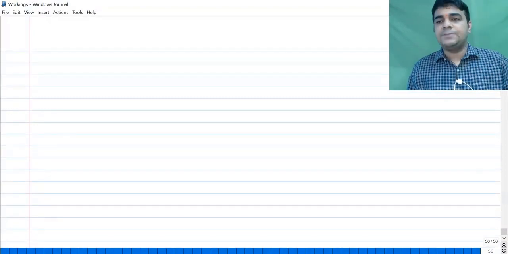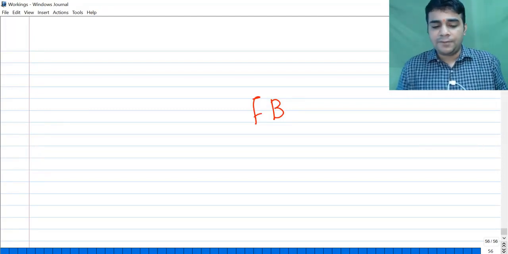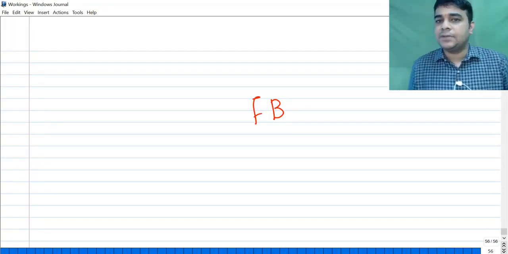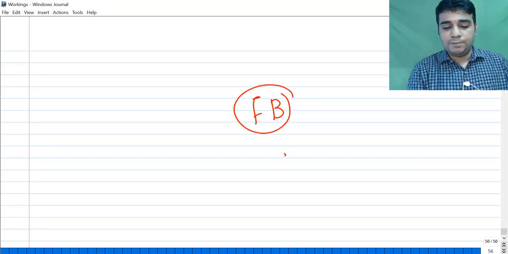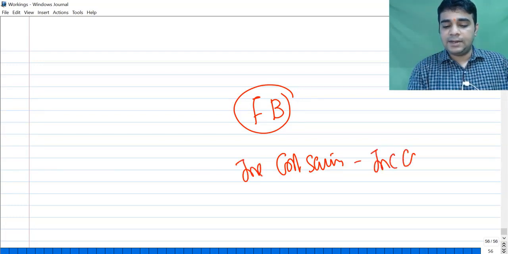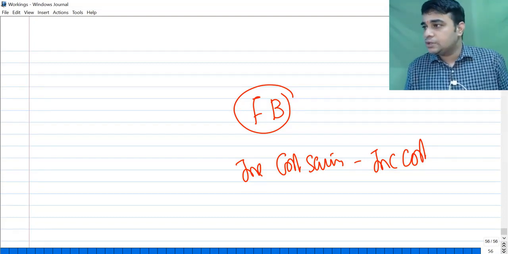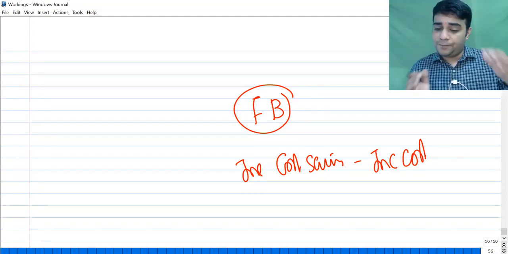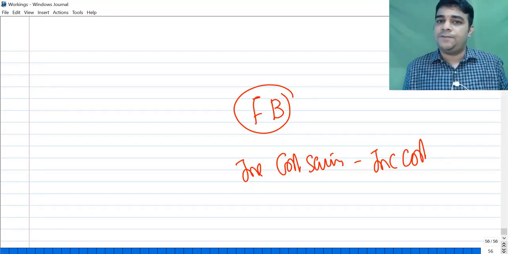You will have different types of decisions being undertaken. In that decision, finally you will get something called financial benefit. How do you calculate this? In some places it could be cost saving: incremental cost saving minus incremental cost. There could be some project where a cost saving is going to happen. So what is the extra cost saving you have, and for doing that project there could be some extra cost which a company incurs. The difference between these could be the financial benefit.